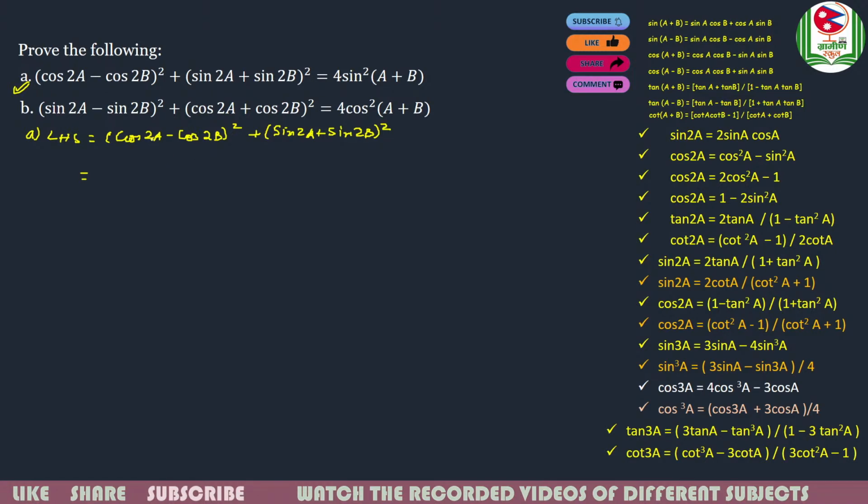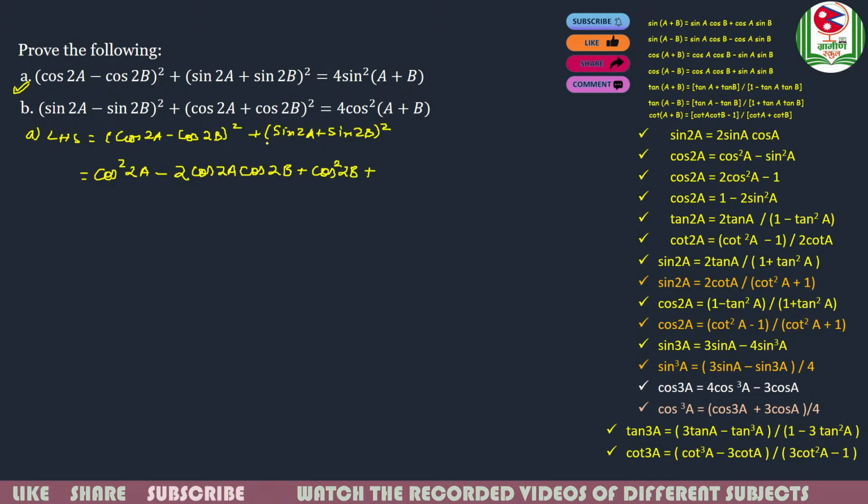So just expand using the formula (a minus b) whole square. So it is going to be cos square 2a minus 2 cos 2a cos 2b plus cos square 2b,